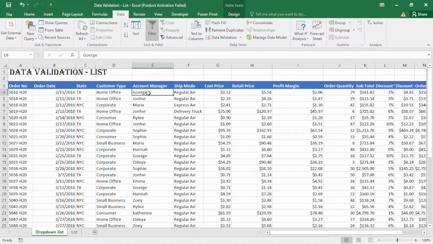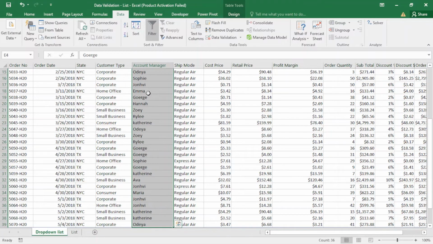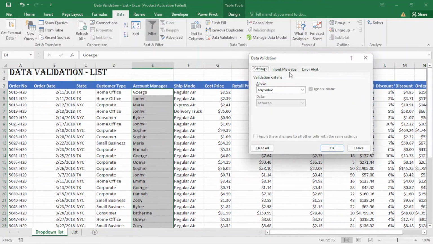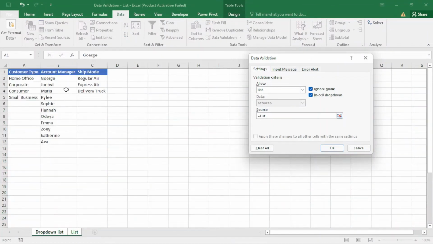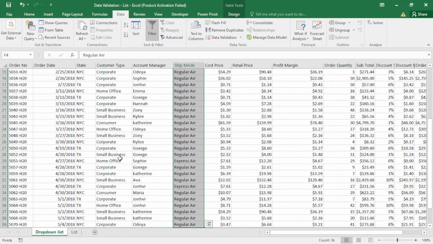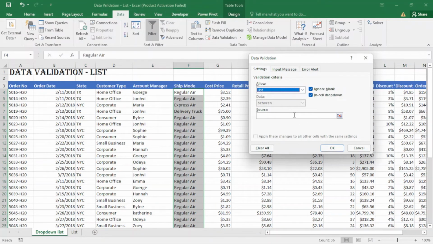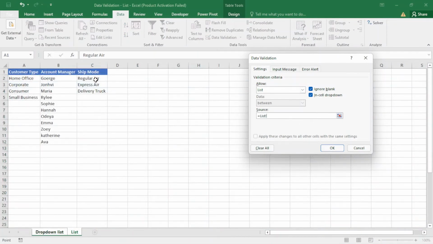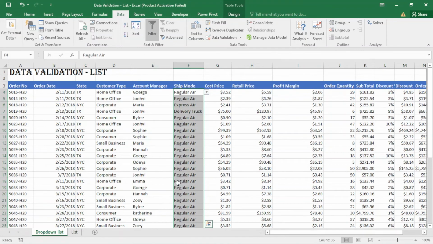And I want to apply the list here also. I select the column, I come to data validation, I choose the list. After that I come to the list sheet and I select account managers, and okay, you can see it works magically. I can choose any of these, and also I want to apply it here. Come here, choose the list, and here I just go to the list and select. I don't select the header, you remember that, and okay, you can see